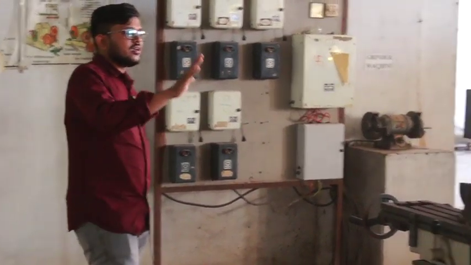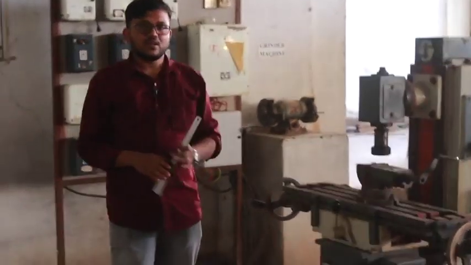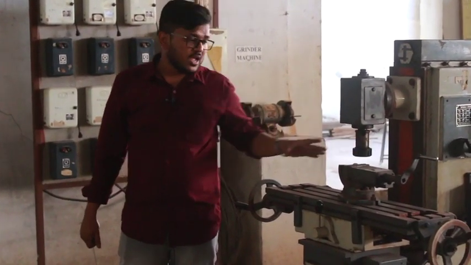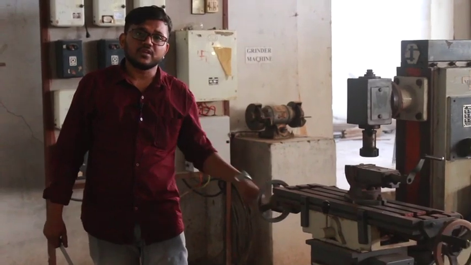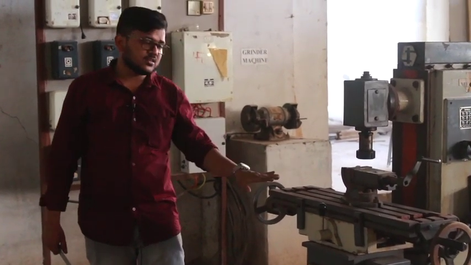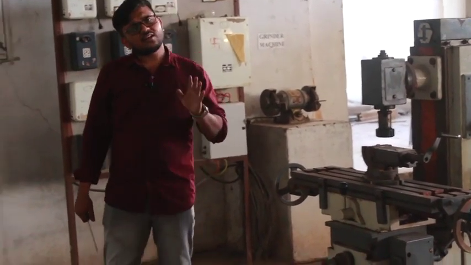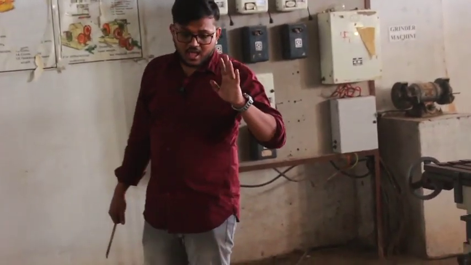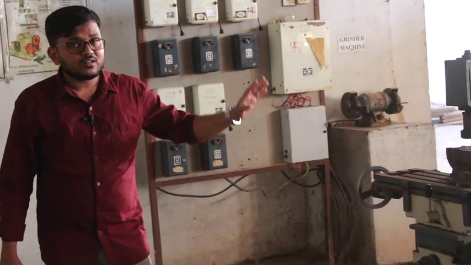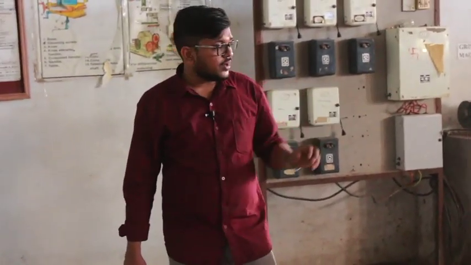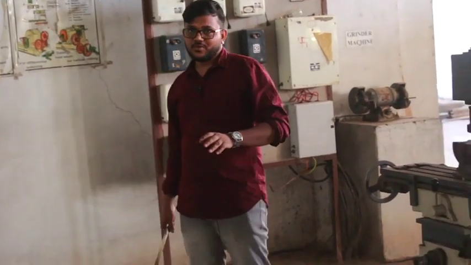But if you see the milling operation, what is the basic difference here? The tool rotates at a single position and we give feed to the workpiece. The table feed is there, this is called the work table, and this table is given the feed. That means the difference is, in a milling machine the tool is at a stationary position, it won't be moving, but the workpiece will be moving.